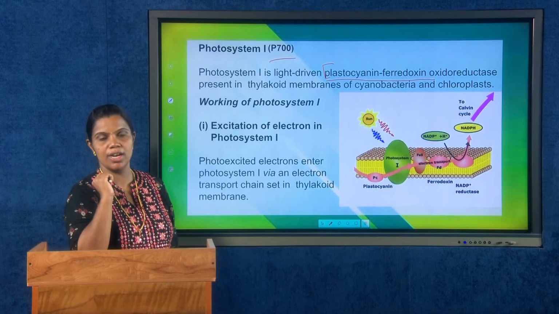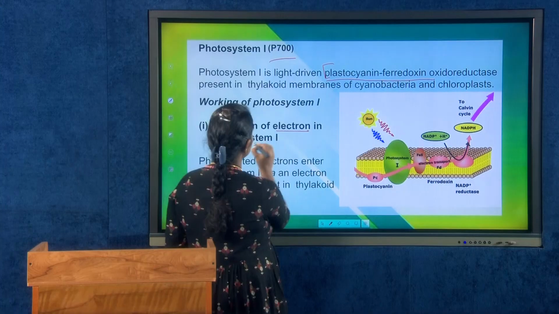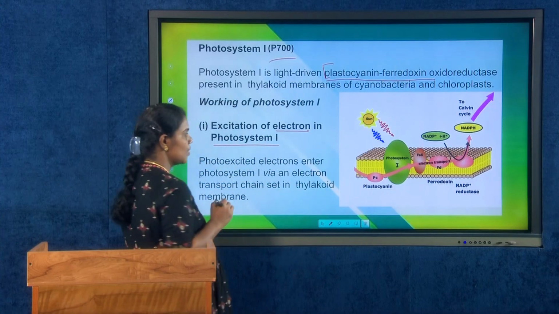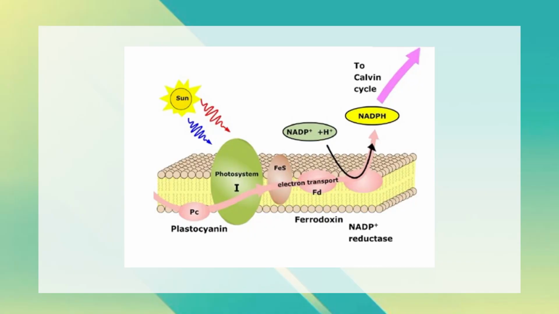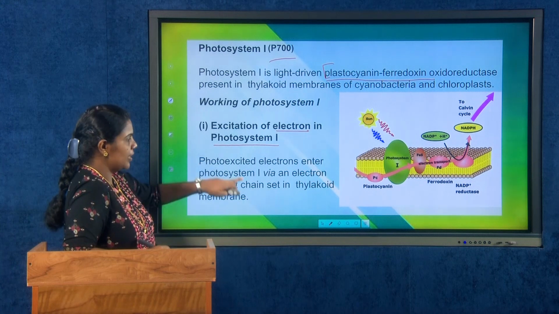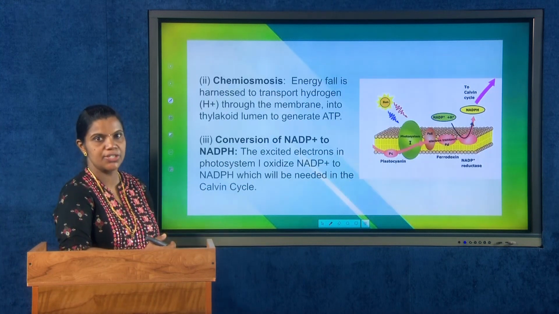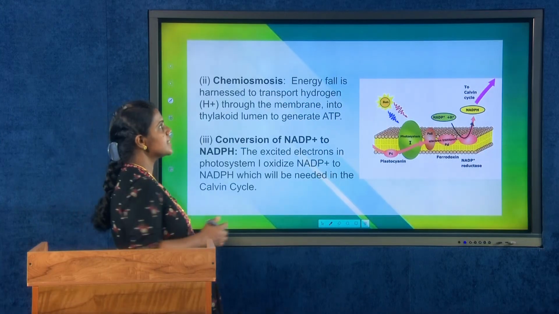So, how does it work? The first step is the excitation of the electrons in photosystem I. The photo-excited electrons enter photosystem I via the electron transport chain set in the thylakoid membrane. So, at first the electron will enter from the electron transport chain. Then the next step is